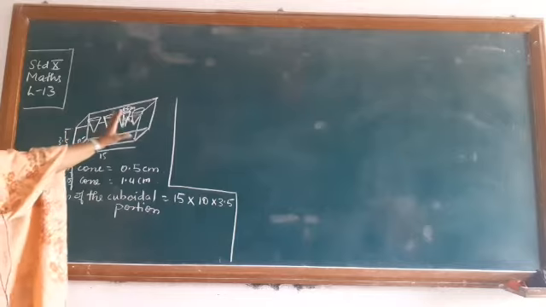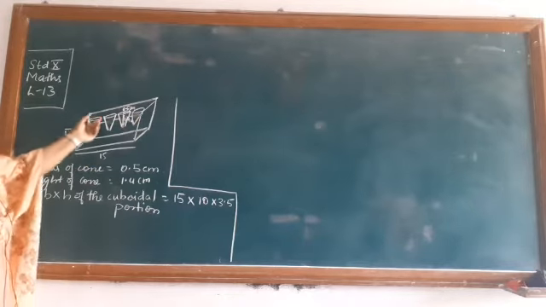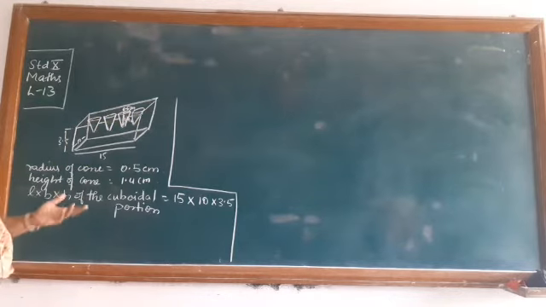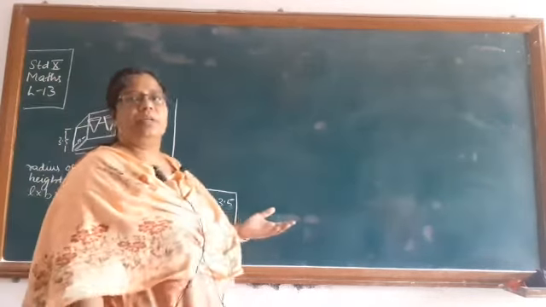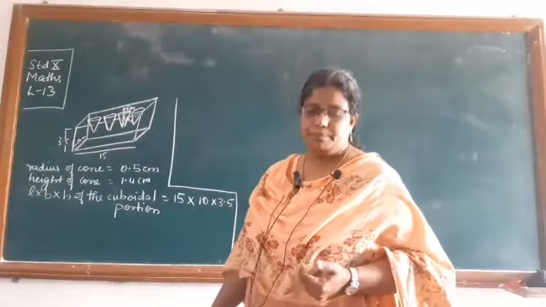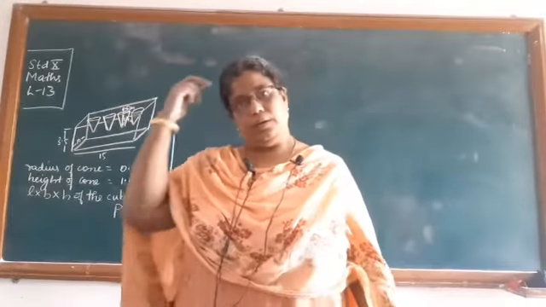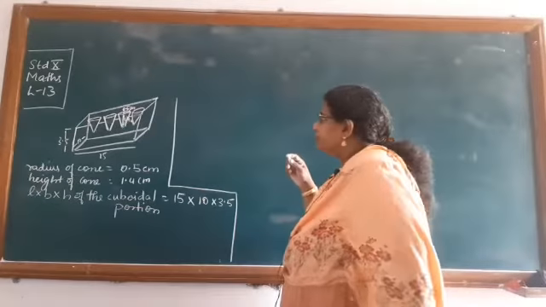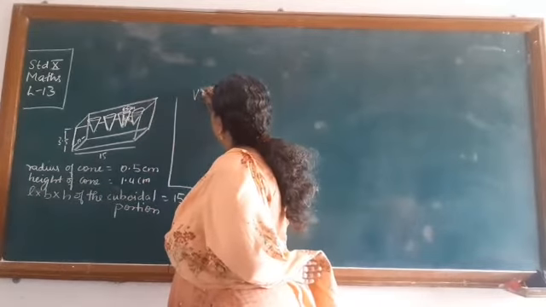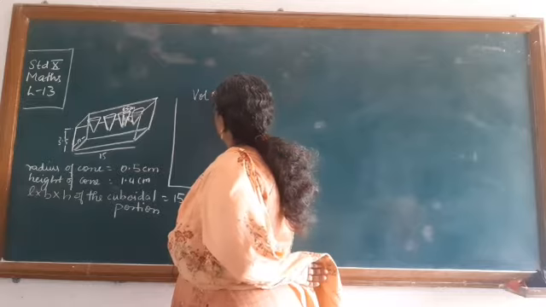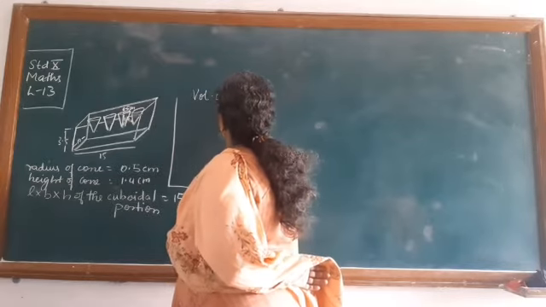If you see, from the whole cuboid, these conical portions should be subtracted. That would give you the total volume of the wood in the pen stand. Okay, so first let us find the volume of the cuboidal portion. Okay, volume of cuboid,